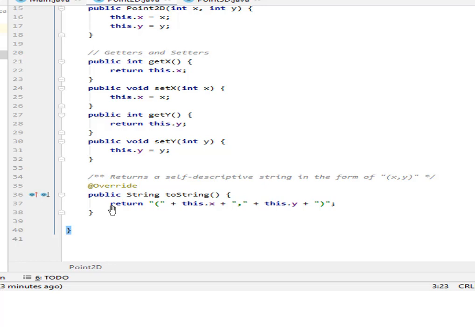We can accomplish this by overriding the predefined method that outputs the string message or string statement to the console, okay. In this case we are overriding this toString method and we are returning the value of x within a bracket, comma, and the value of y, and then we are closing the bracket, okay.